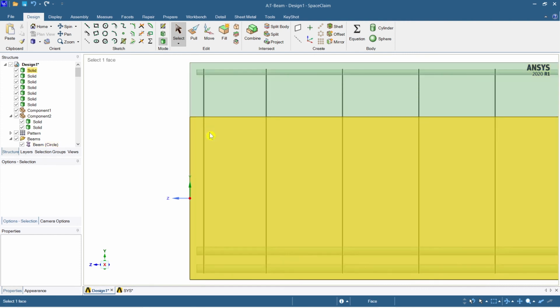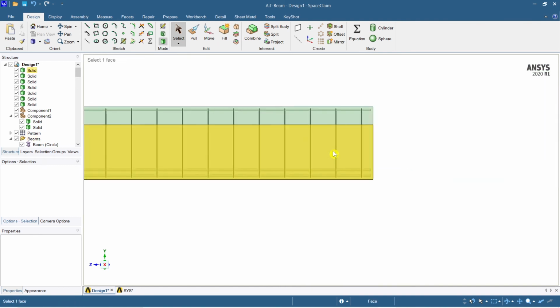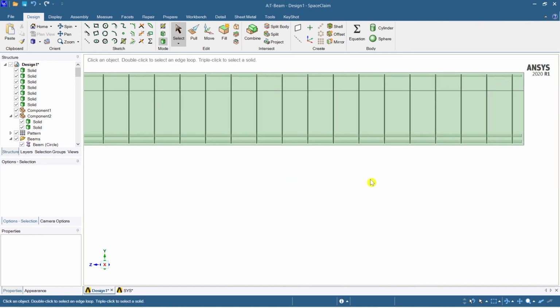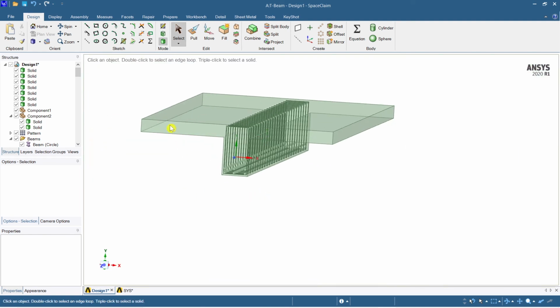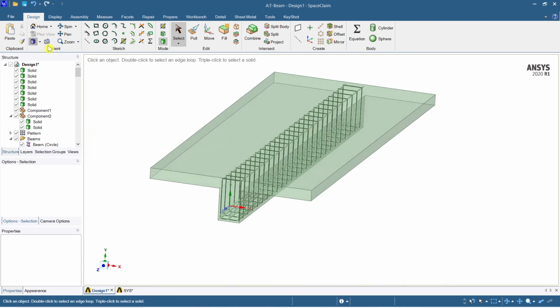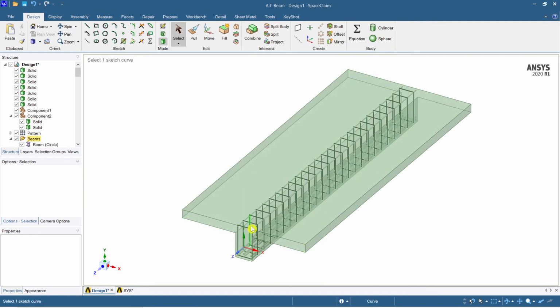I have given a cover of 25 mm everywhere. So the stirrups also are repeated at 275 mm center to center throughout. Okay, so the entire thing is now ready for analysis. So our T-beam is ready for analysis with the slab here.